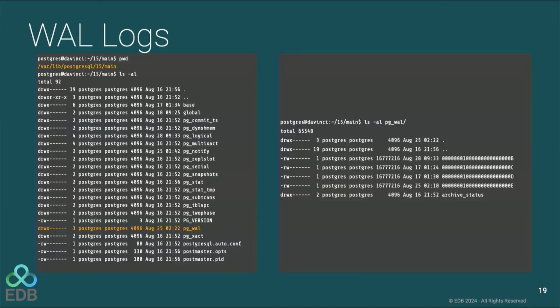One good way to know whether they're WAL files or not is to see the size. The size is always 16 megabytes. Some organizations will use larger or smaller WAL files, but that's very rare. So if you see a 16 megabyte file, best to not touch it and not to do anything with it, unless someone who has more experience with Postgres can tell you what to do with it.